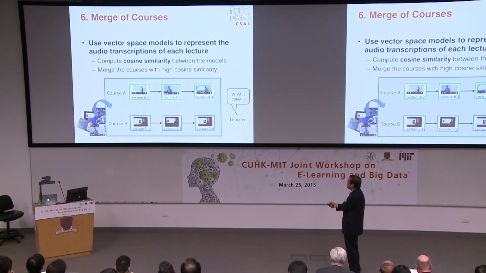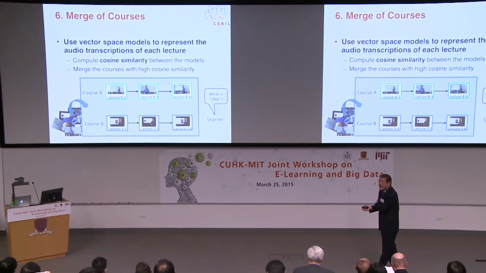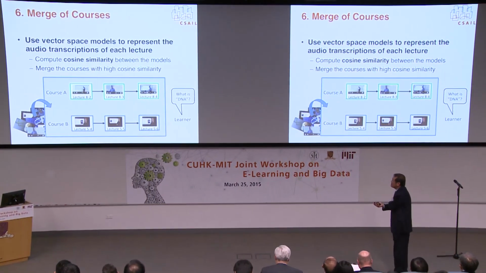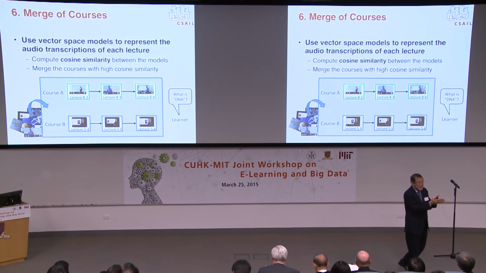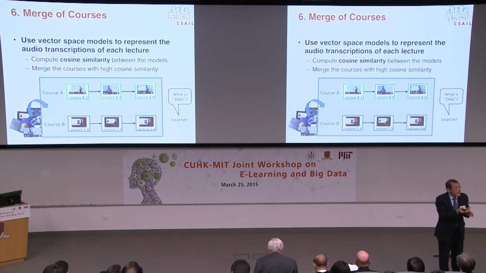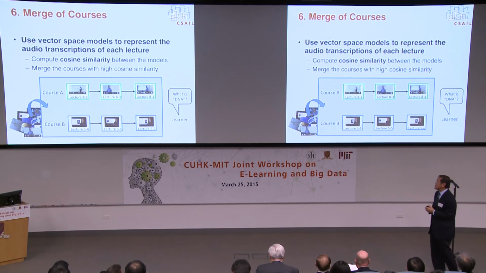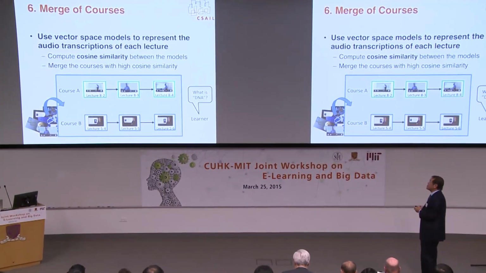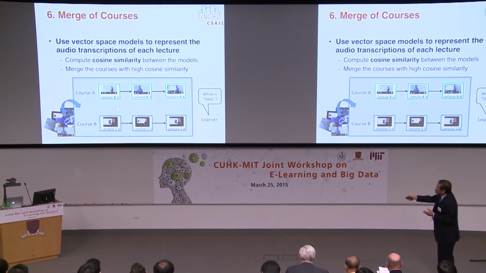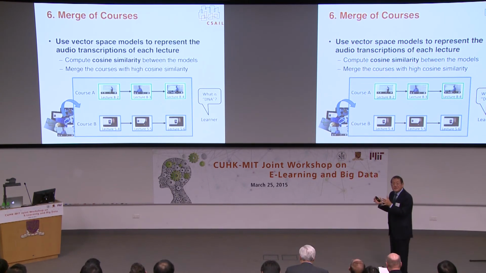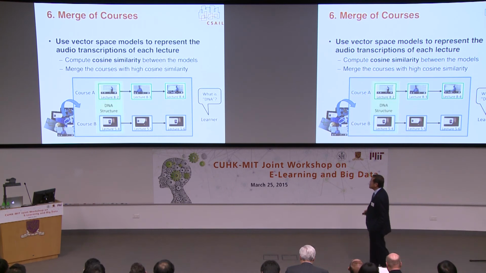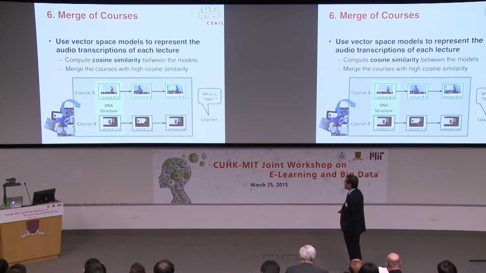And what you really want to do is to use this technique in natural language processing called vector space models. That's basically a way of representing a paragraph, if you will, in terms of a vector. A vector consists of the different terms. And whenever two pieces are very close in terms of similarity, as measured by something called cosine similarity, then we can link them together, all right? So that's pretty much it.